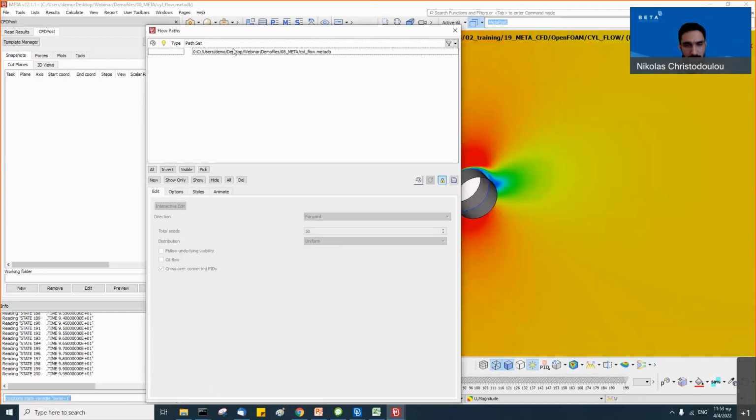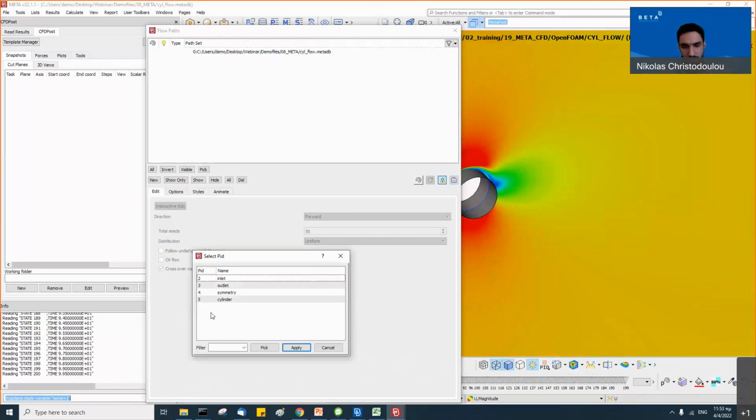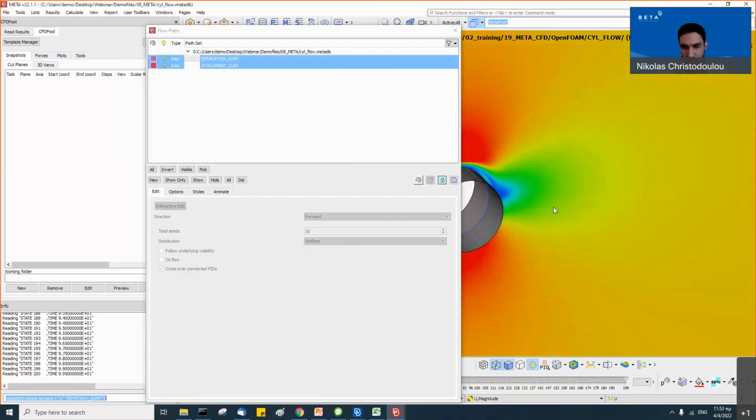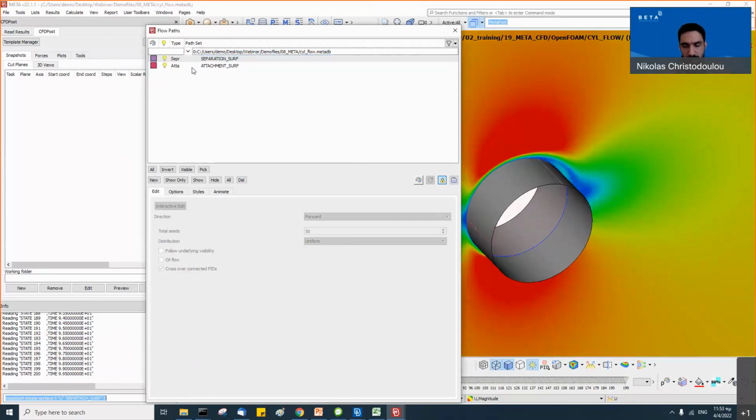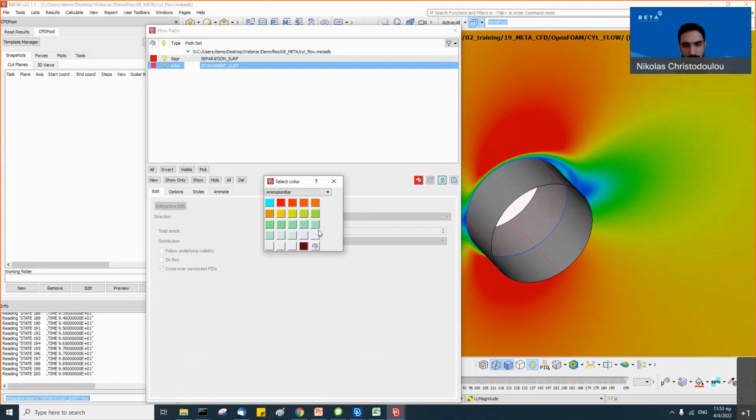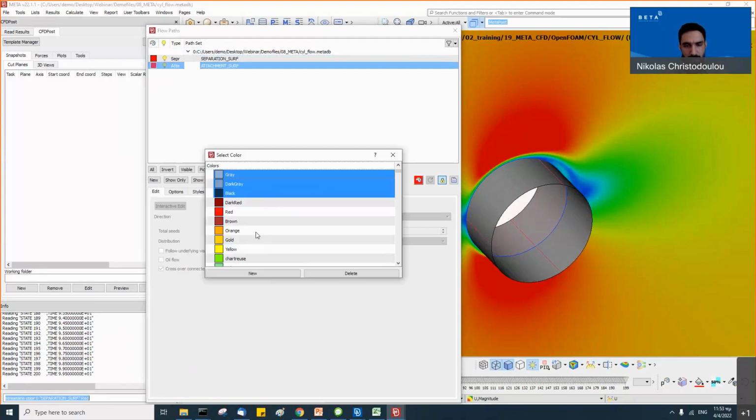Let me do it again. New separation attachment line. I select the cylinder that I want to be drawn here. We can change the colors. Let's say separation can be red and attachment can be maybe blue.